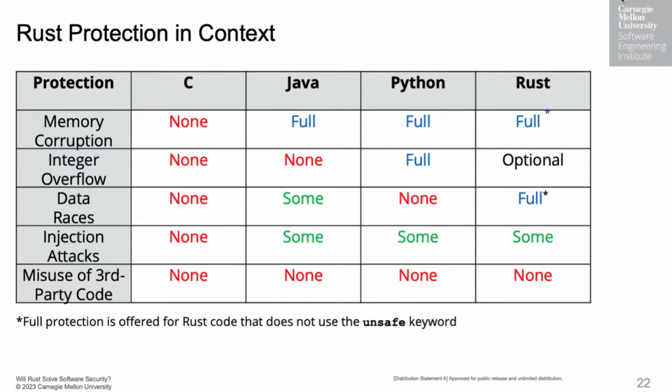So I'll simply note again that the security that Rust provides is not absolute. You still have third-party code as problems. For integers, you get some protection against integer overflows because Rust can sometimes detect them. I believe that's a switch you have to turn on when you're building Rust code. So again, it's not a panacea, but it is a step in the right direction.